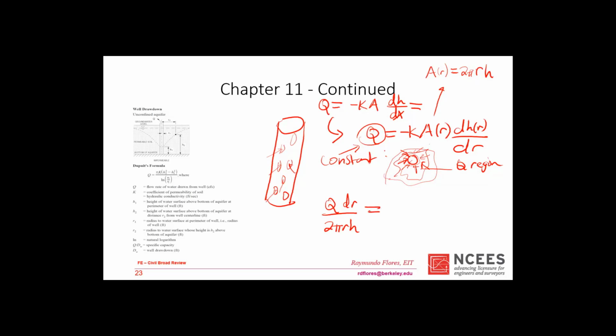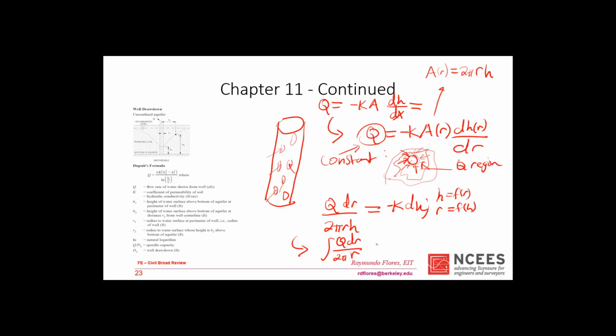That's going to be equal to, because I'm just dividing it out, K dH, right? So if that's the case, H is not a constant, so we have to multiply it on this side, which means that we could just integrate once we do that. The reason we have to multiply on this side is because H is a function of R and R is a function of H. They're independent variables, and you have to put it on the other side as a result. So this is Q being a constant, dr over 2 pi